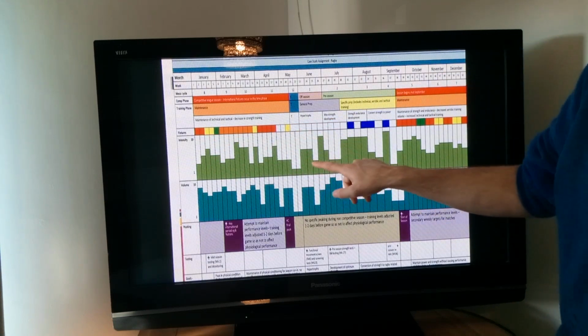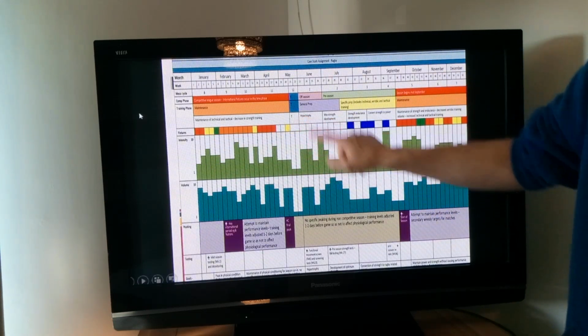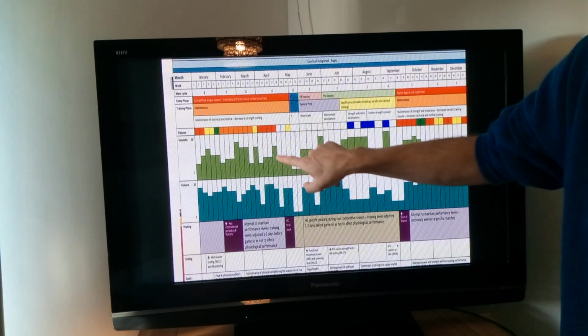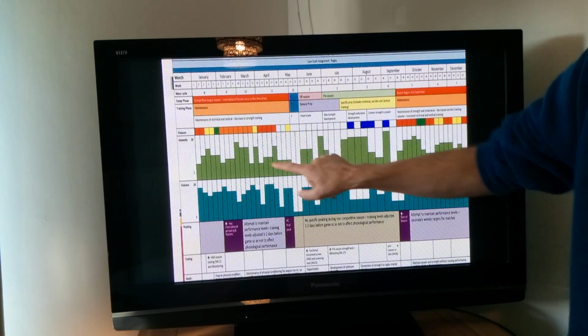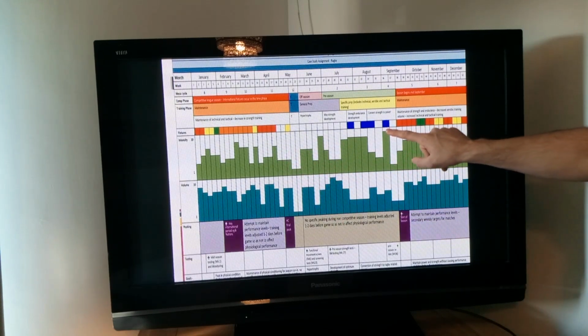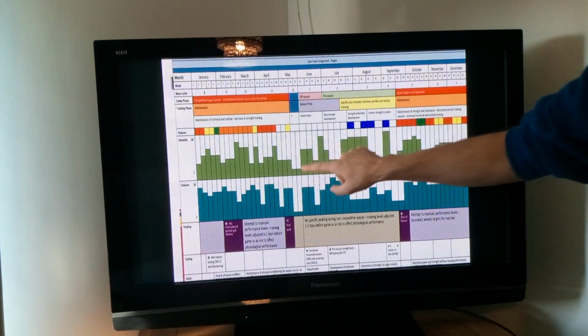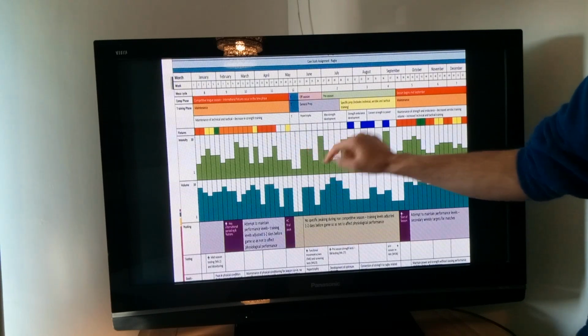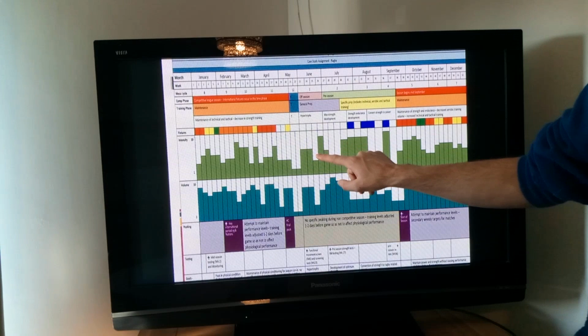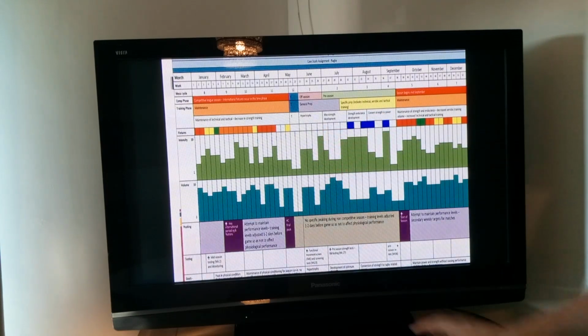The intensity, you can see it starts off really low intensity. We don't want to have any injuries. They've just come off season where their intensity was really low. If we suddenly shot into this sort of intensity, then we'd have an injury. So we build our intensity. Intensity drops here because maybe we're doing some weight work or something like that. And then we build it up.